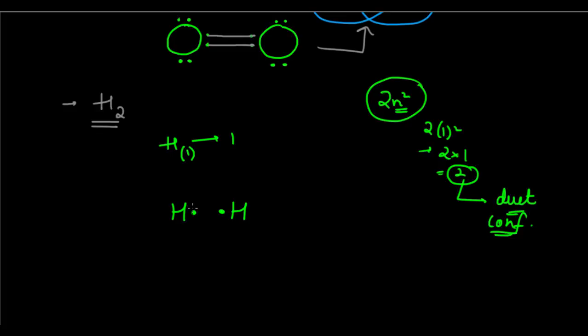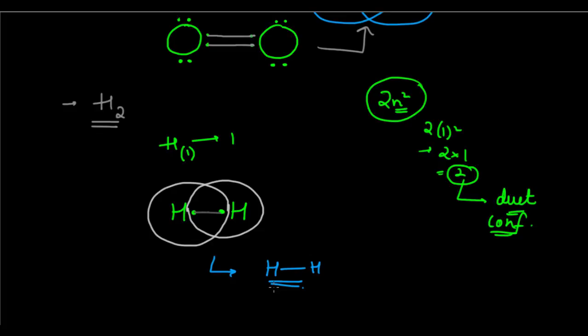So basically it wants to achieve a duet configuration. So it wants 2 electrons in its outermost shell. This hydrogen requires 1 electron and the other hydrogen too requires 1 electron. So again, they share 1 electron each. 1 electron shared by this, 1 electron shared by this, and ultimately there will be a bond which is going to generate between these 2, right? And you can depict this as hydrogen,